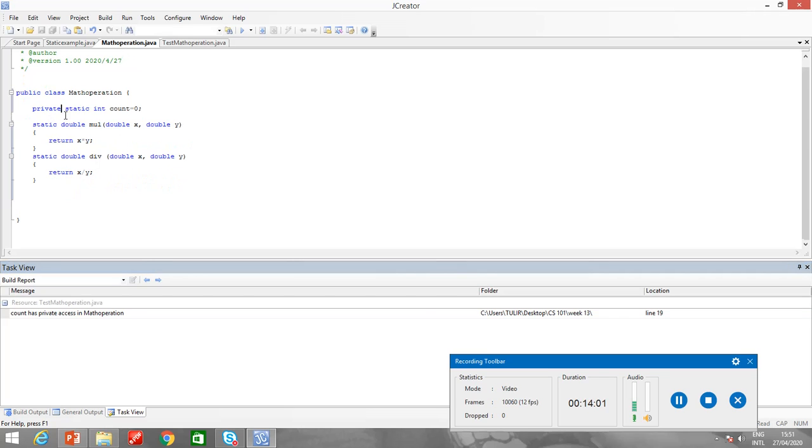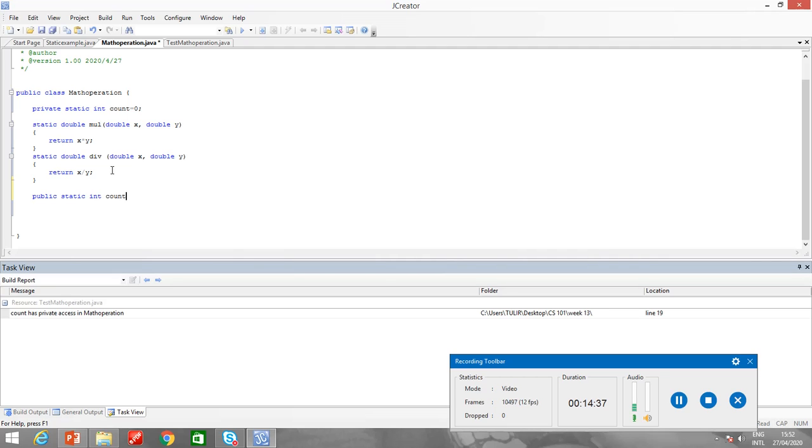So what I need to do is create a public method. Now a static method can be called inside a static method. You cannot access an instance variable in a static method, and vice versa also, but you can access static variables inside a static method. So to make this variable available to the other class, I will have to make a static method, maybe something like this, public static